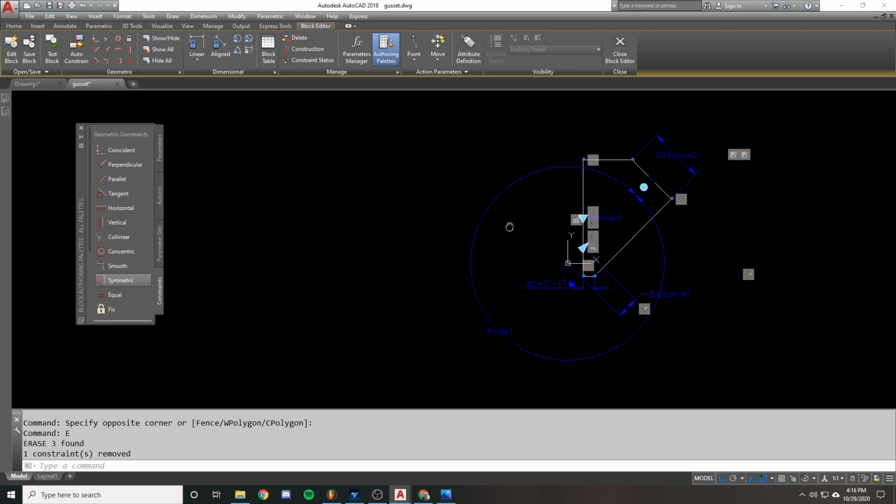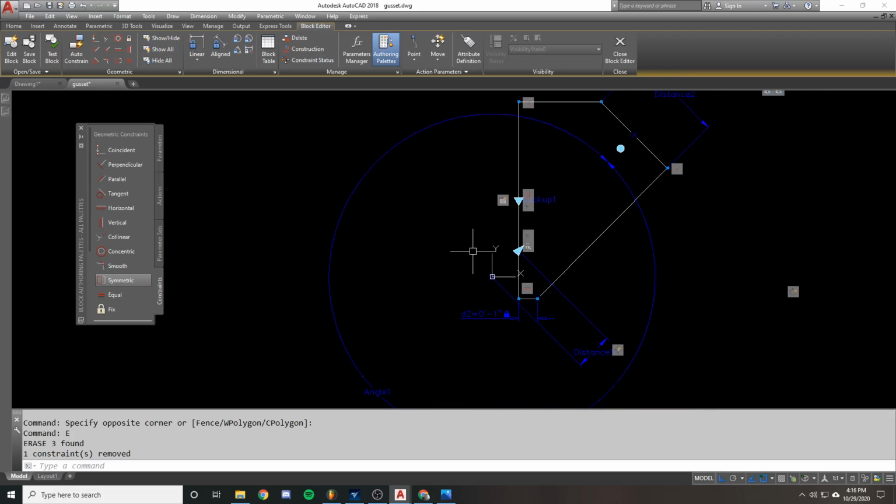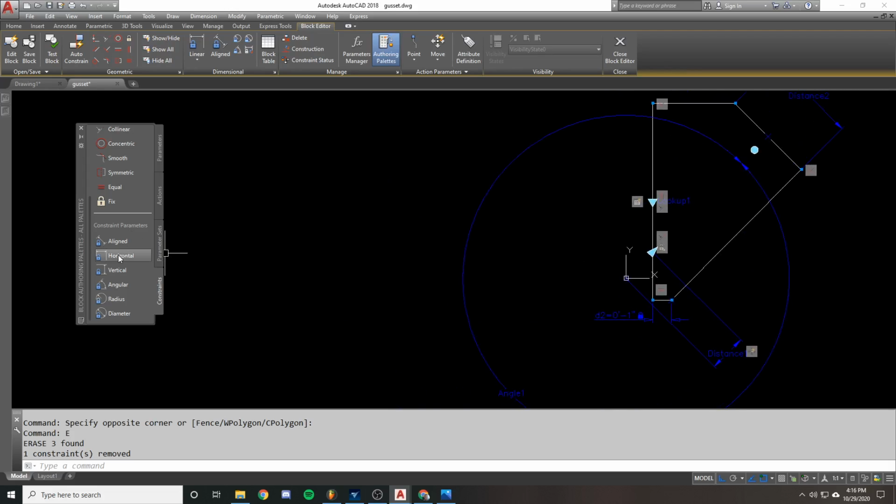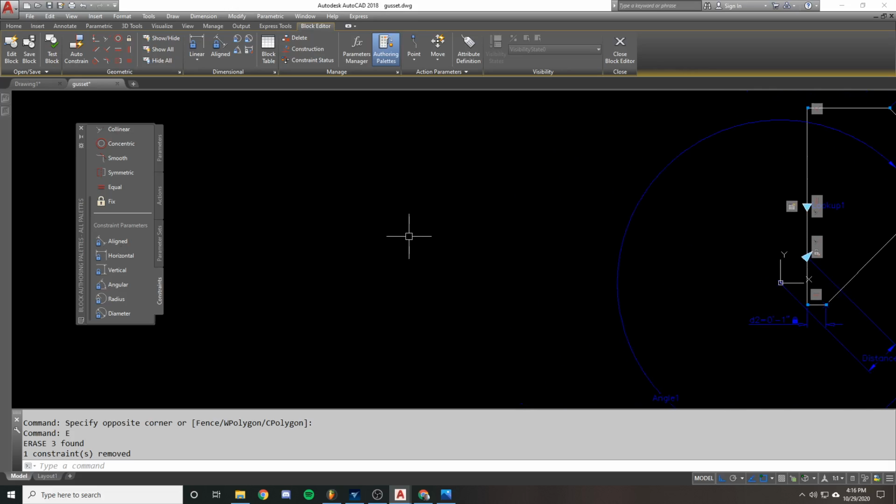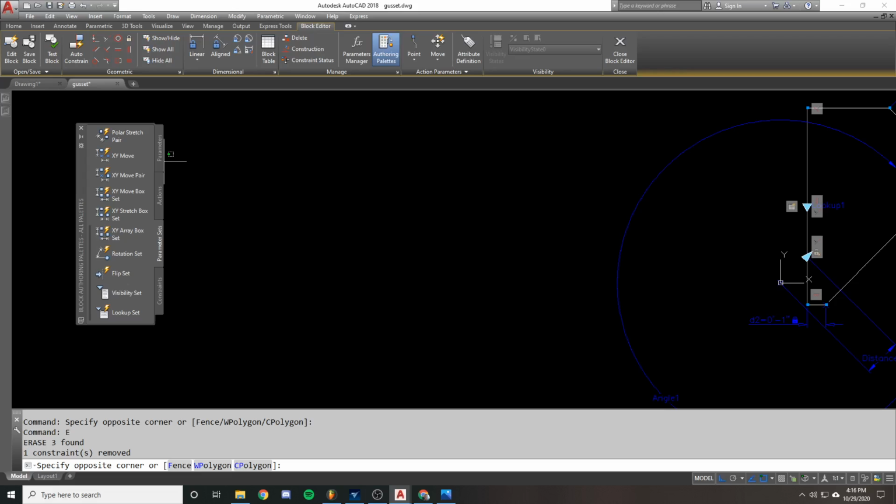And then fix, you saw here where I'm able to fix a line or an object, any object. I can fix it in space and have other objects use that as an anchor if I need it to be. Real quick, I'll go over dimensional constraints, which are much easier to use. Dimensional constraints, when you're using the generic ones, aligned, horizontal, and vertical, are almost like using a parameter. Like, why would you want to use a dimensional constraint over a